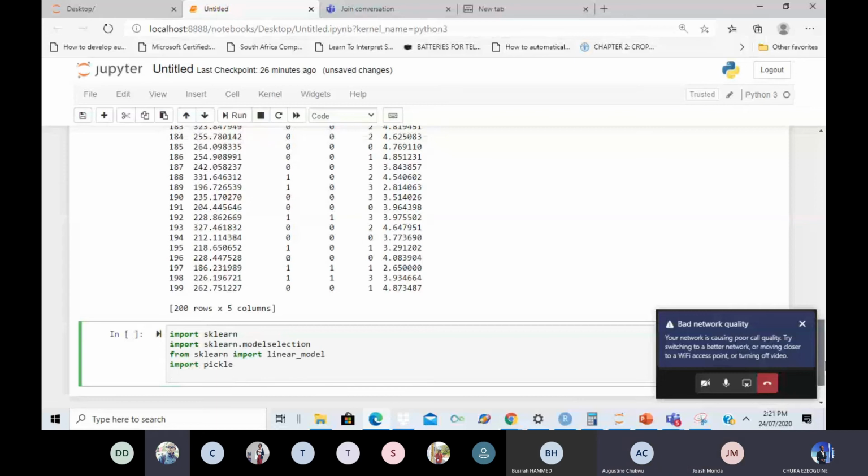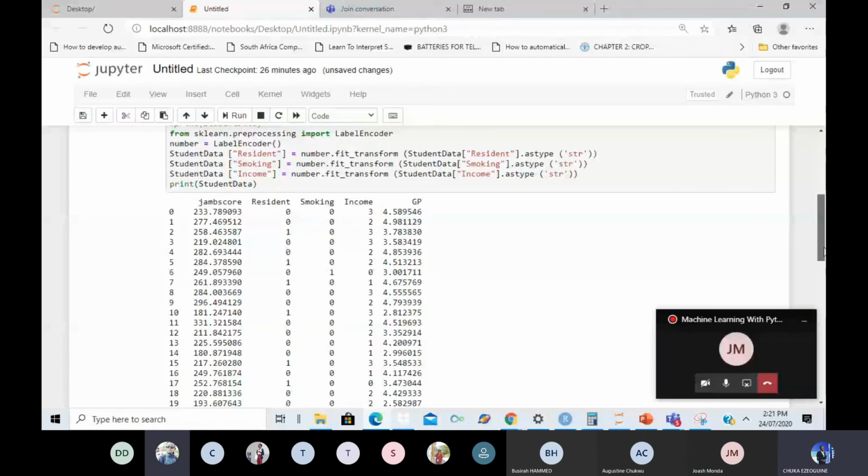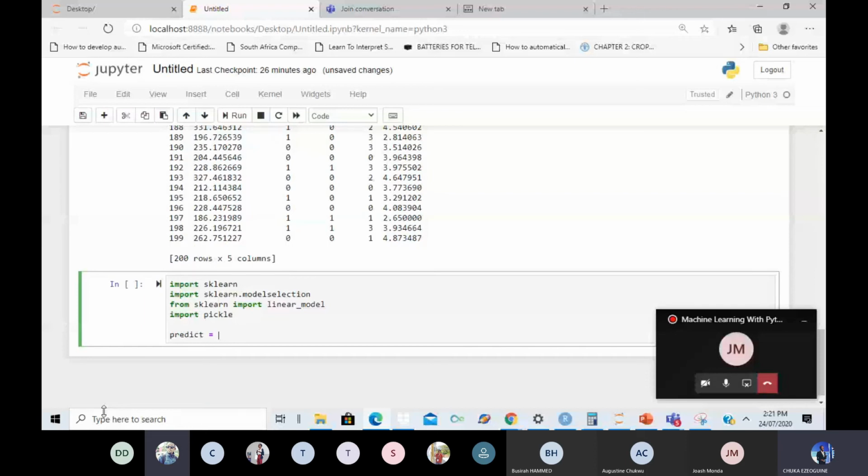The GP. Yeah. So we are trying to predict the final grade point. So we'll just create a variable that we'll call predict, and set it to what we are trying to predict here. Now, remember that I mentioned something earlier about your training data and your testing data. So yeah, now let's